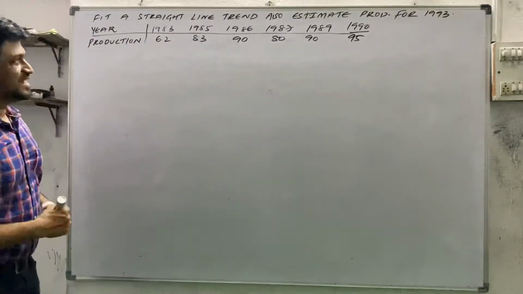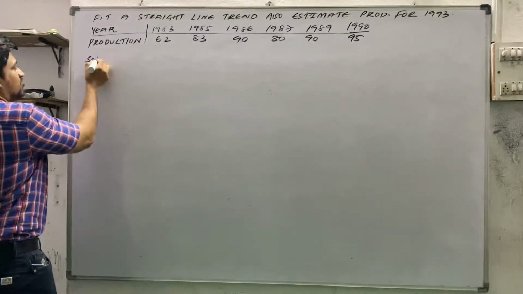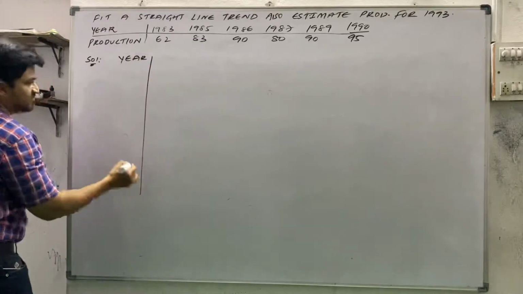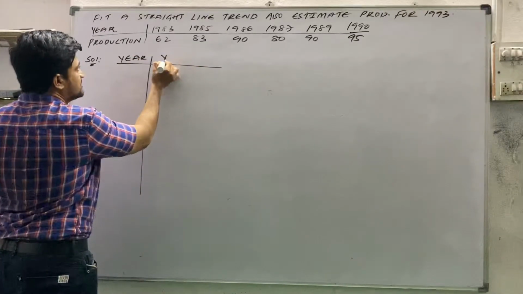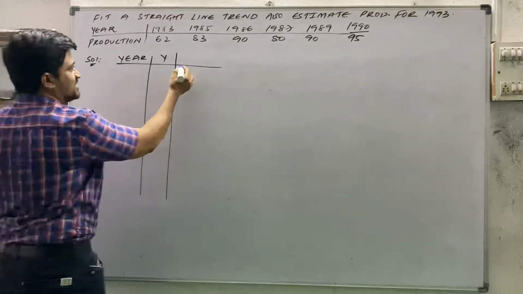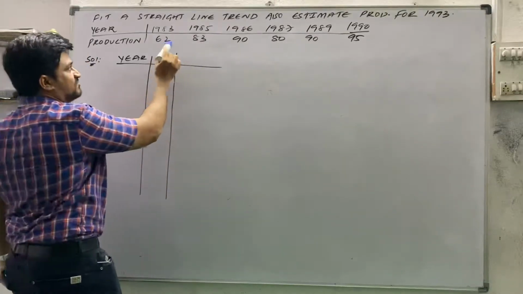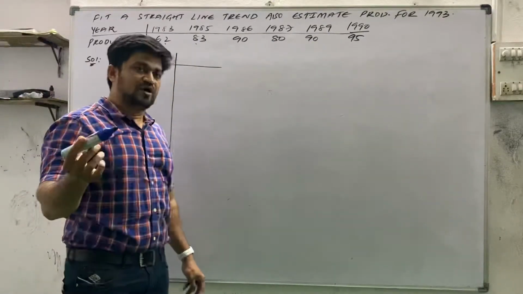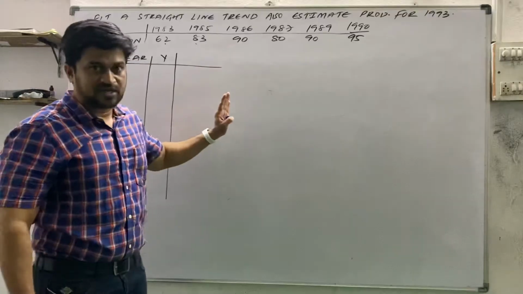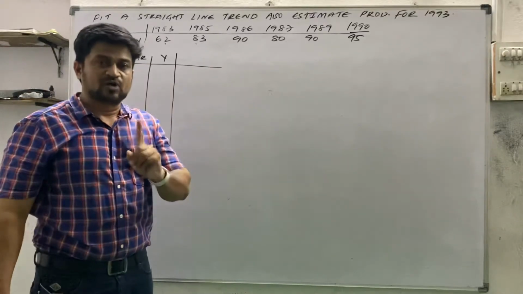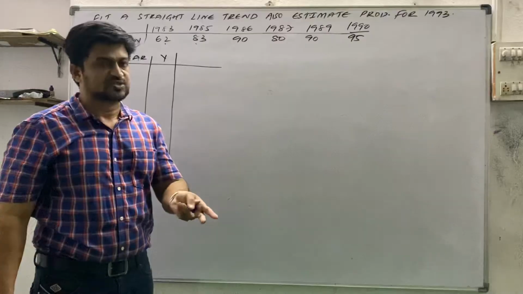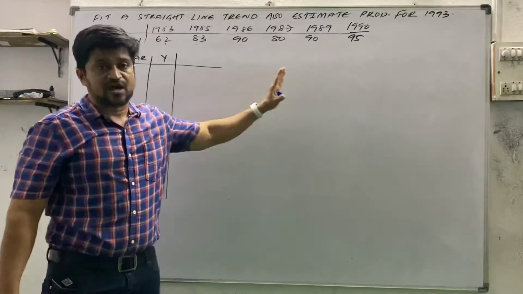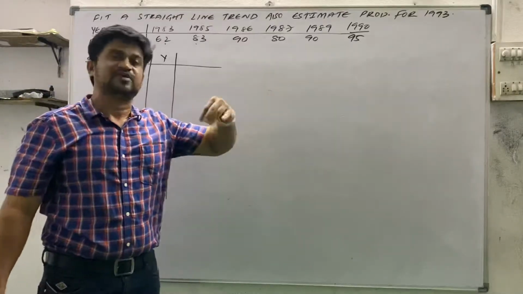Okay. Now for the straight line trend, what we used to do earlier, the same thing we have to do. First we will consider the year, whatever year is given. Production is taken as variable y. Now we have to count how many years are given: 1, 2, 3, 4, 5, 6. 6 means even. If you have already watched the previous two videos of this unit, then only you can get it. For odd number of years, least square method. For even number of years, least square method. What I told you in that one, the same thing you have to follow. You need to remember by heart how many columns we are taking for odd and for even.